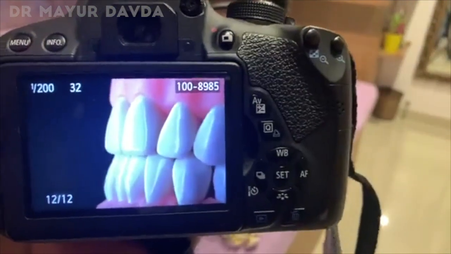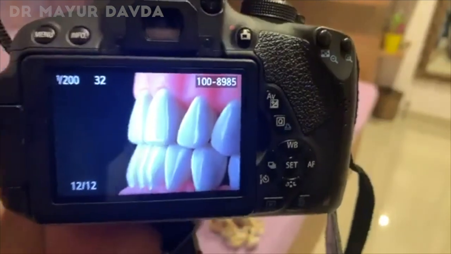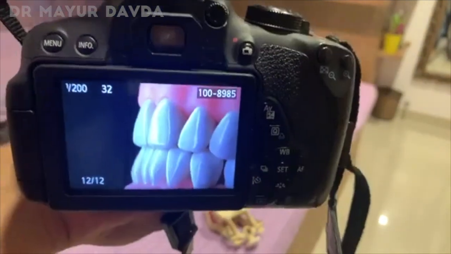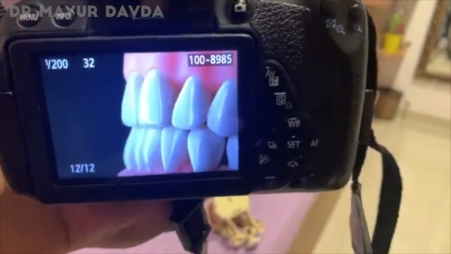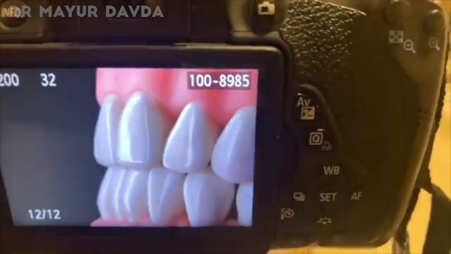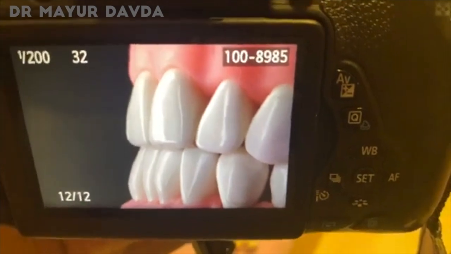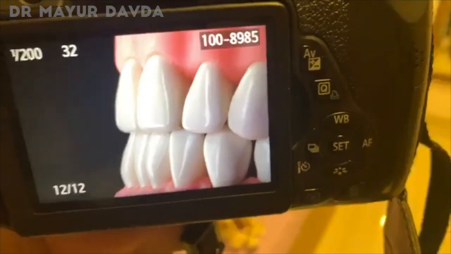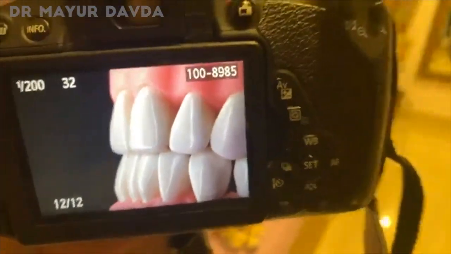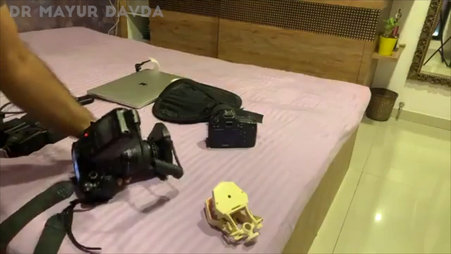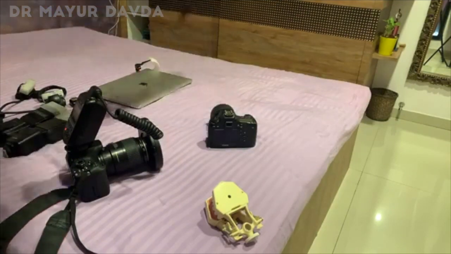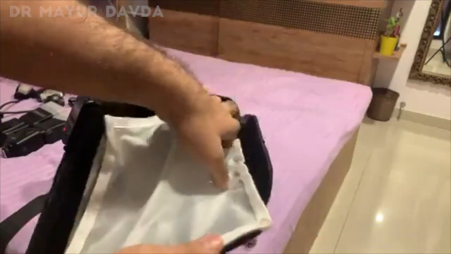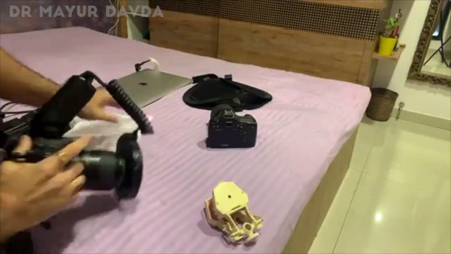So this is possible with a ring flash also. See, this is how you capture the textures on the teeth. It's very simple to take such pictures. See, and it's a pure black background. Looks good, isn't it? So even with a ring flash you can do a great job. If you want to diffuse it more, what you can do is take any white color cloth like this and put it in front of the ring flash also.